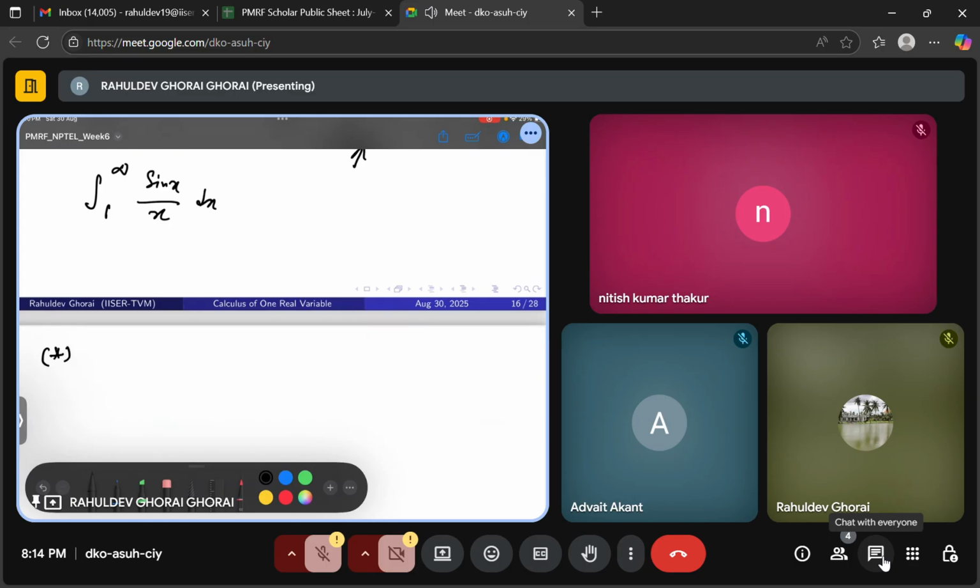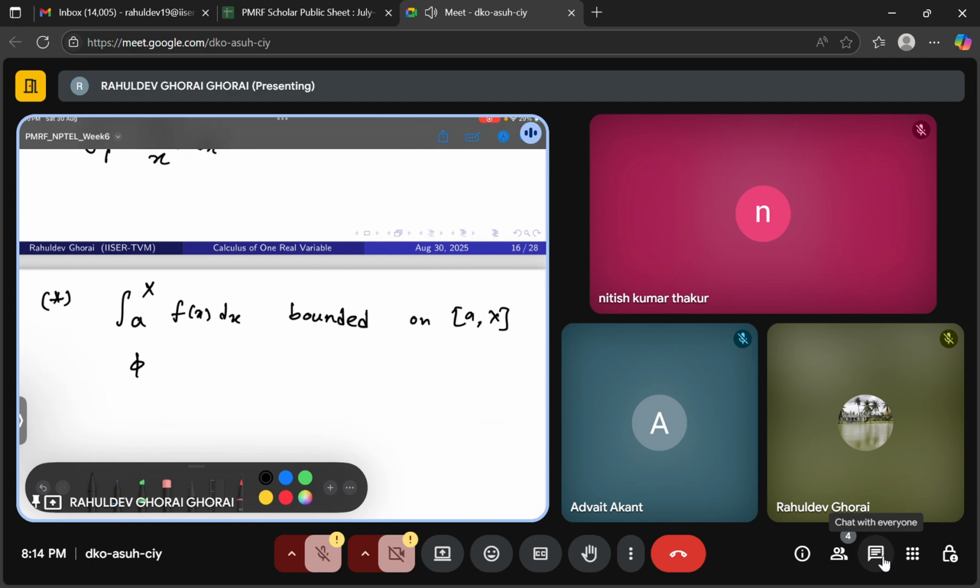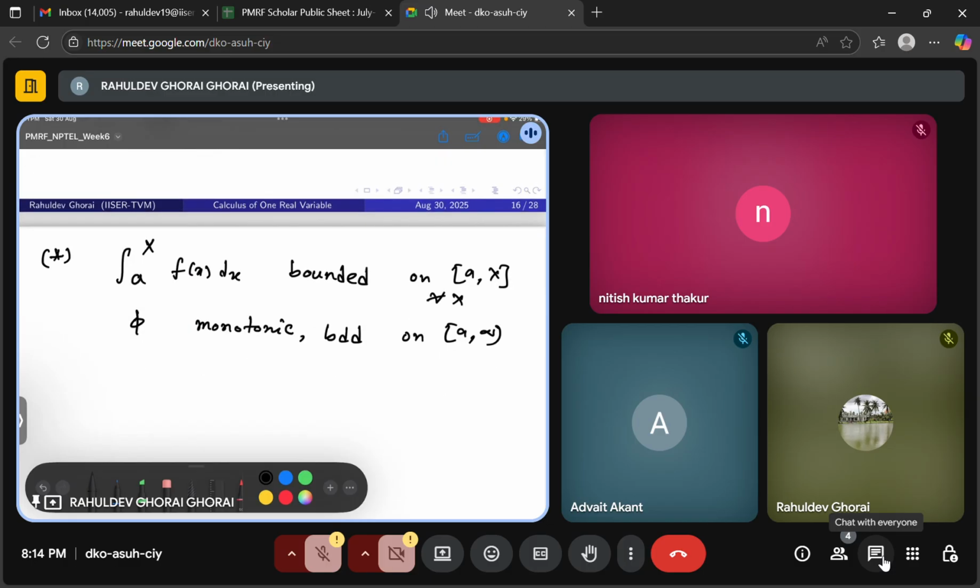If the integral from a to x of f(x) dx is bounded, where a is a positive number, for all x, and you have a function phi which is monotonic, meaning increasing or decreasing, and bounded on a to infinity, and the limit as x tends to infinity of phi(x) is equal to 0,